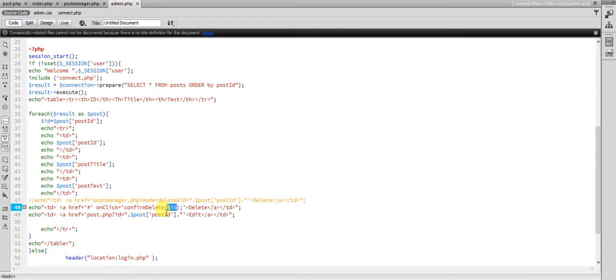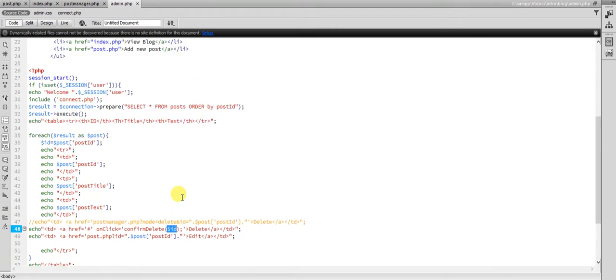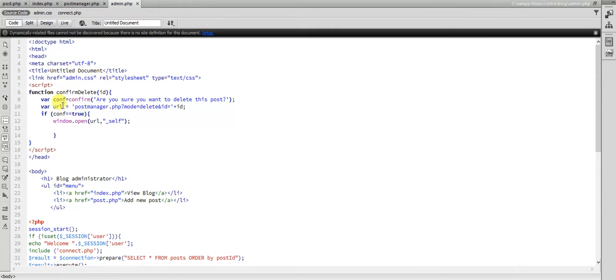And what does this function do? Let's take a look at the top of our page. So it's inside script, and the function confirm delete will just have a confirm box. It receives the ID,